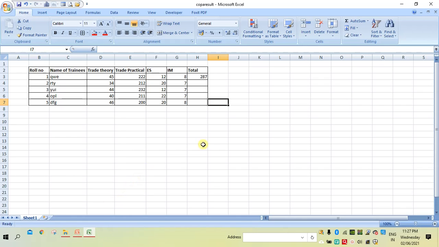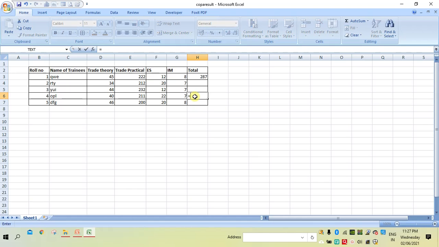Next is functions. A function is a predefined formula. There are built-in functions in MS Excel, so we can use them directly in our calculations. Suppose for the same calculation, the addition of numbers, can be done with a function called SUM.